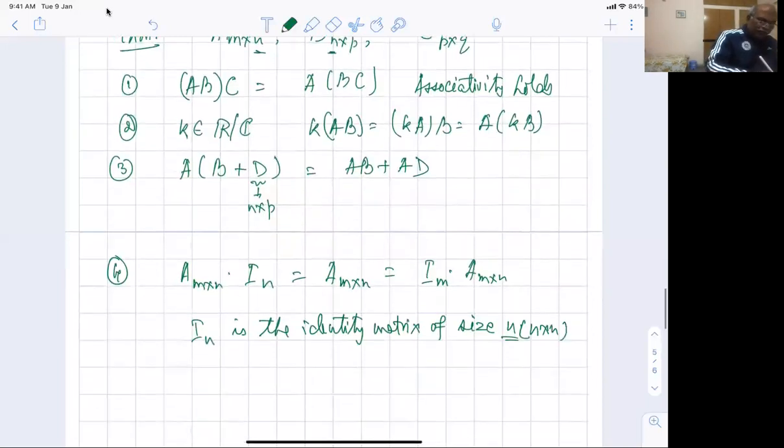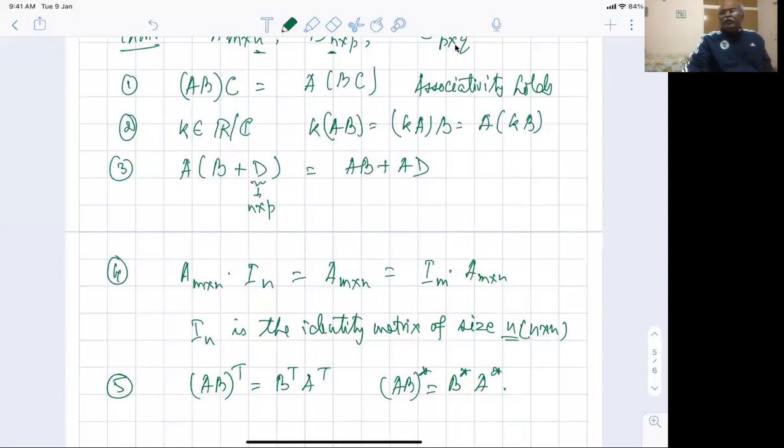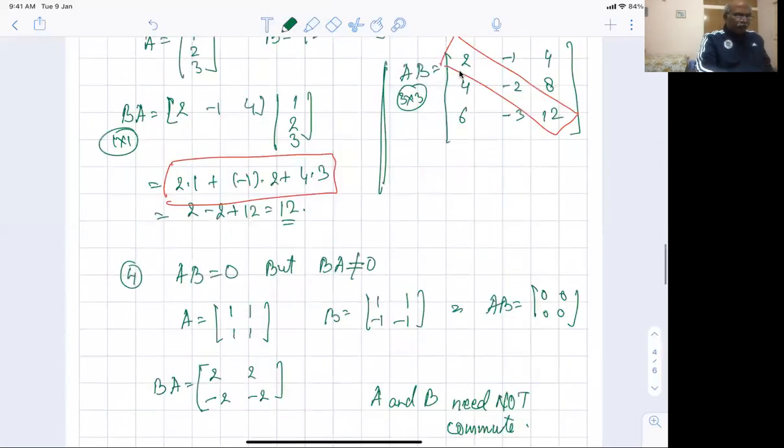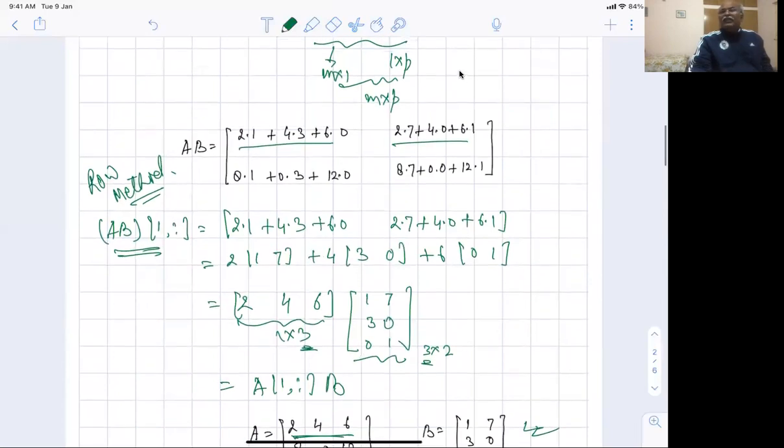Fine. Now relating it with transpose and complex conjugate. So AB transpose is supposed to be equal to B transpose A transpose. Try that out yourself. Similarly, AB star is supposed to be equal to B star A star. Is that okay? So try these out yourself. Spend some time. I'm sure you can do it. If you do not, then look at my notes. And as usual, there will be some notes also in my NPTEL course. You can go there and see it. Is that okay? But I would like you to understand that matrix multiplication is very, very important. The whole idea of matrix multiplication, that is row method, column method, and matrix method, are very, very important.